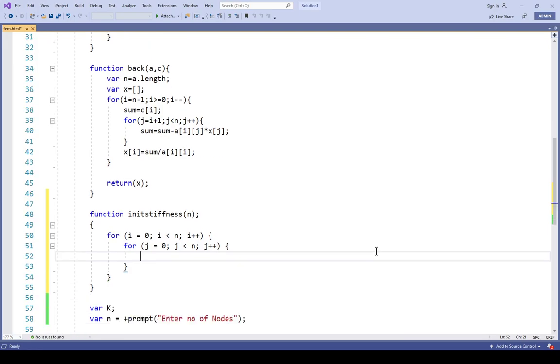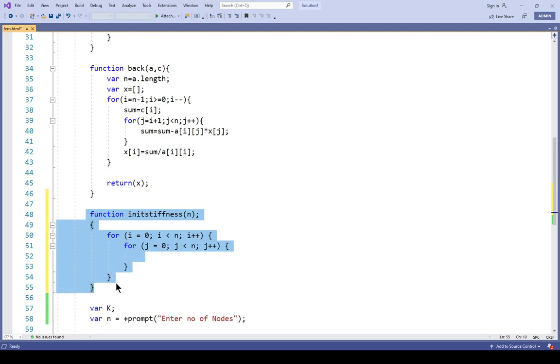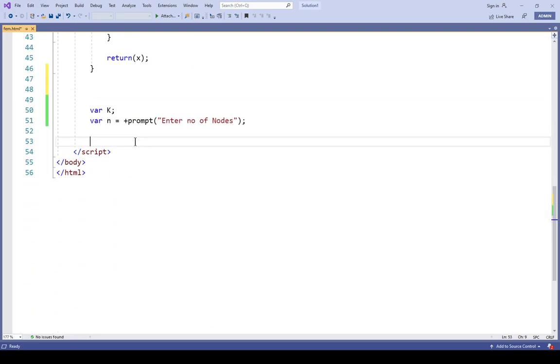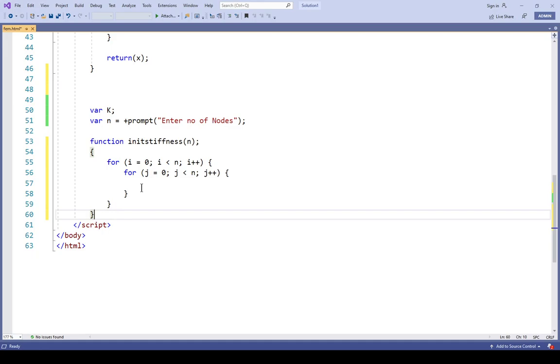So I need the variable K, which should be below this. Then capital K of i of j, all elements from 0 to n.